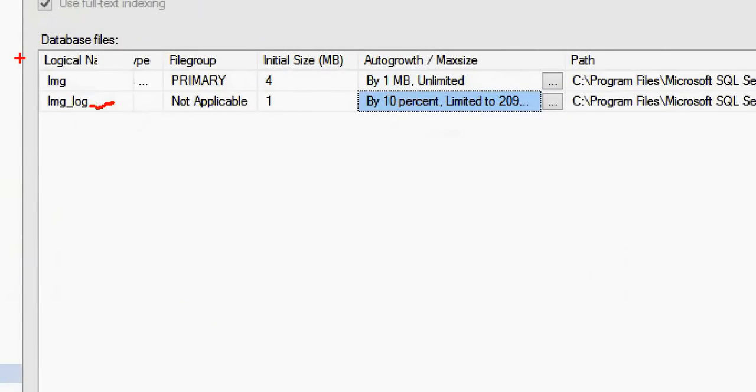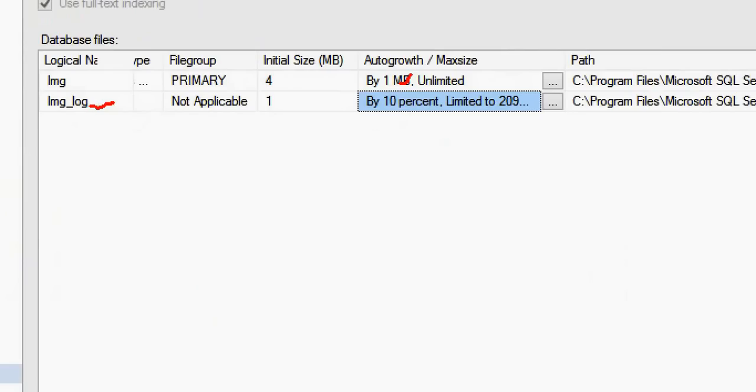My database name is IMG, and here I can see by 1 MB unlimited, which means my database size is 4 MB. The next auto growth will be plus 1 MB. Then my database size will be increasing in incremental order as 4, 5, 6, 7, 8, 9, 10. That will be the size of my MDF file.